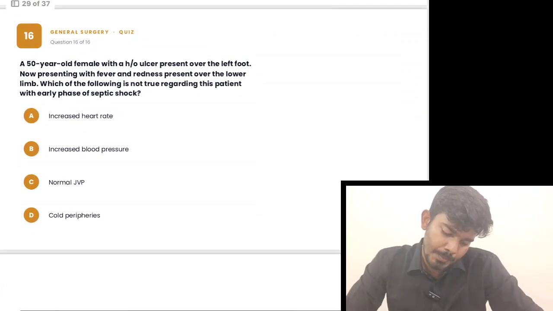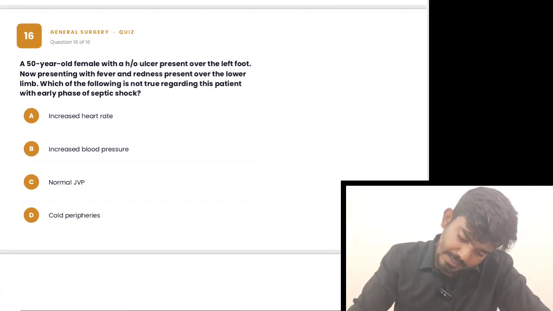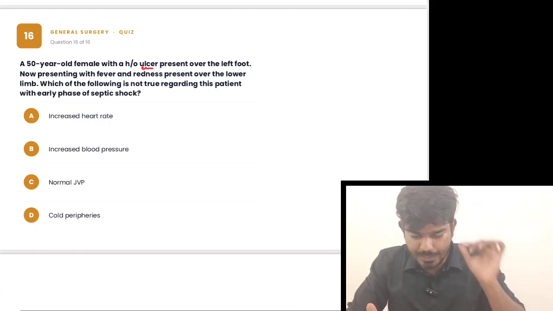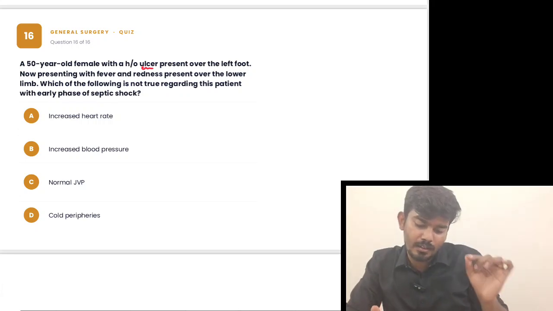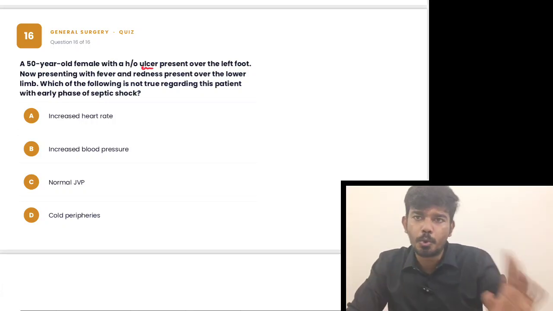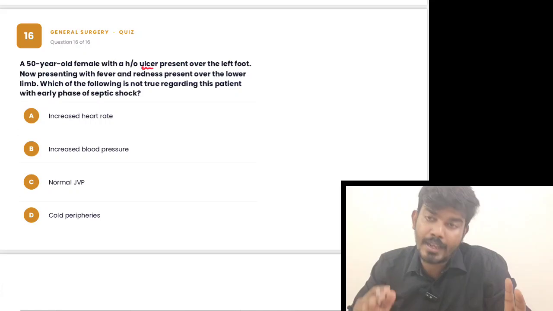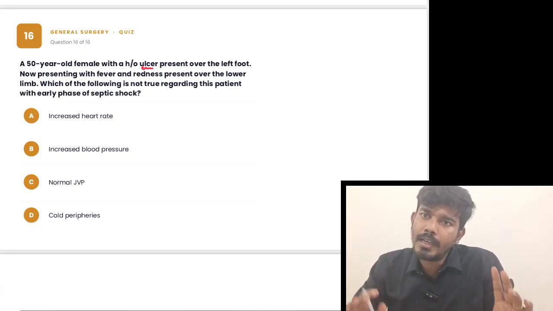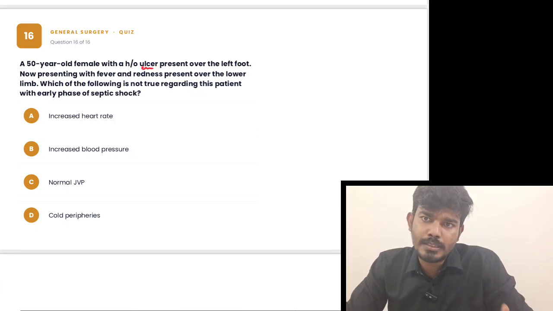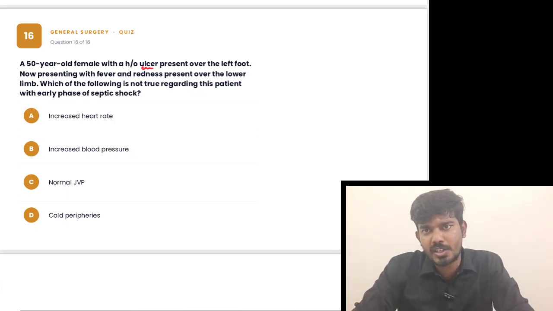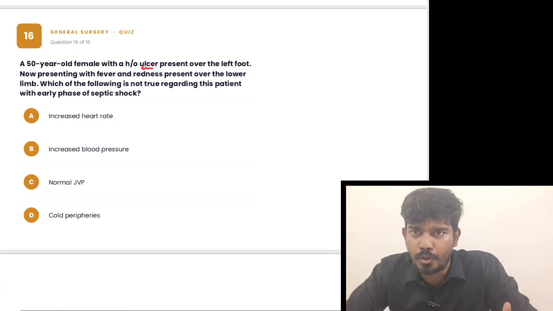In the last question, a 50-year-old female with a history of ulcer over the left foot is now presenting with fever and redness over the lower limb. Which of the following is not true regarding this condition in the early phase of septic shock? So what are they asking? In case of an early septic shock, which of the following is not a feature? In septic shock, an important characteristic feature of early septic shock, how are we going to differentiate it from hypovolemic shock? There will be